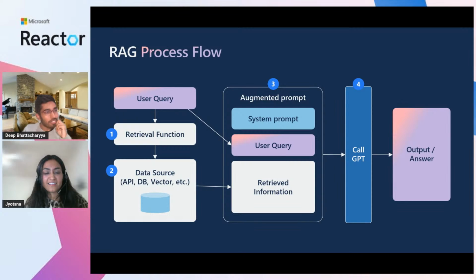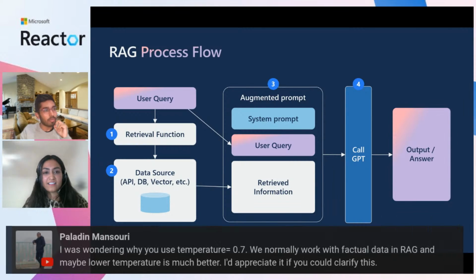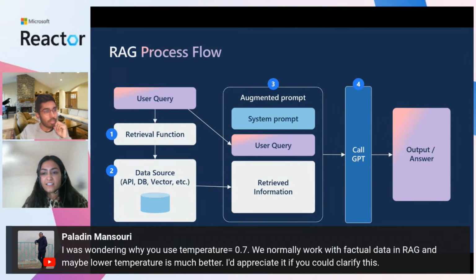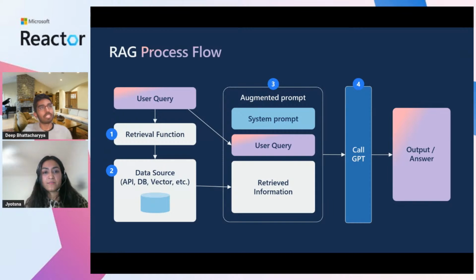I was wondering why you use temperature equal to 0.7. We normally work with factual data in RAG, and maybe lower temperature is much better. I'd appreciate if you could clarify this. So generally, temperature is based on the amount of randomness in the model. You can tweak that as a metric to change the amount of randomness. In this example, we have used 0.7 as an example, but a lower temperature would technically be better